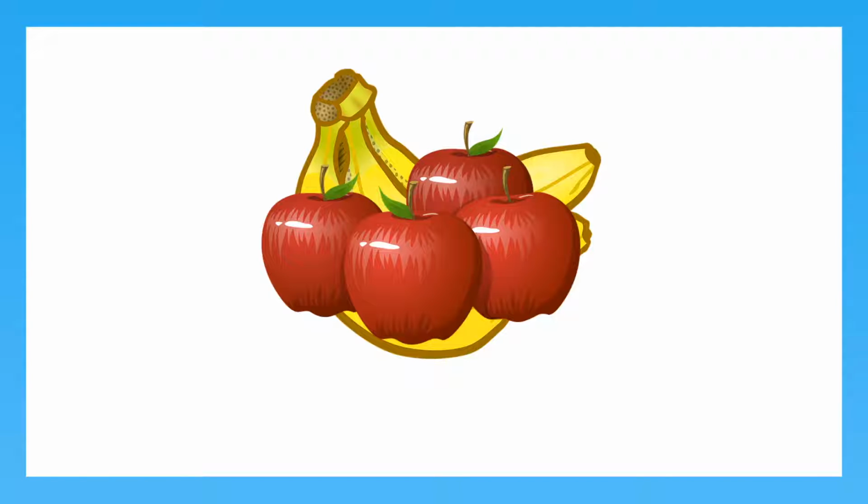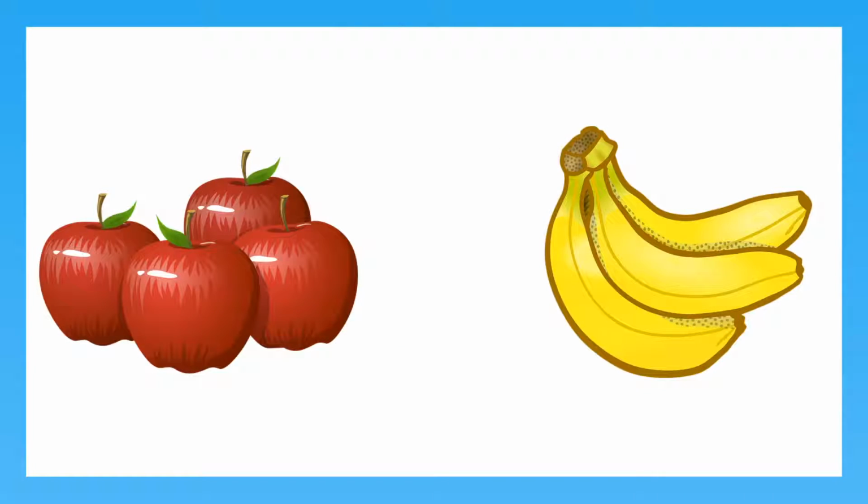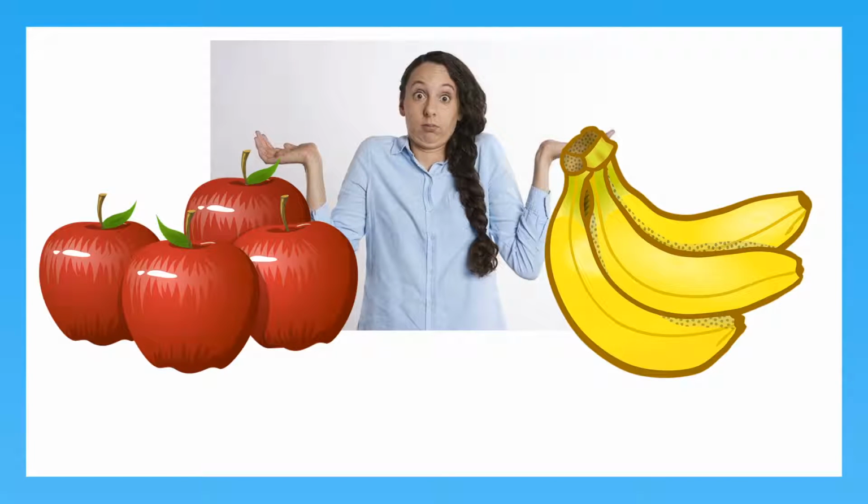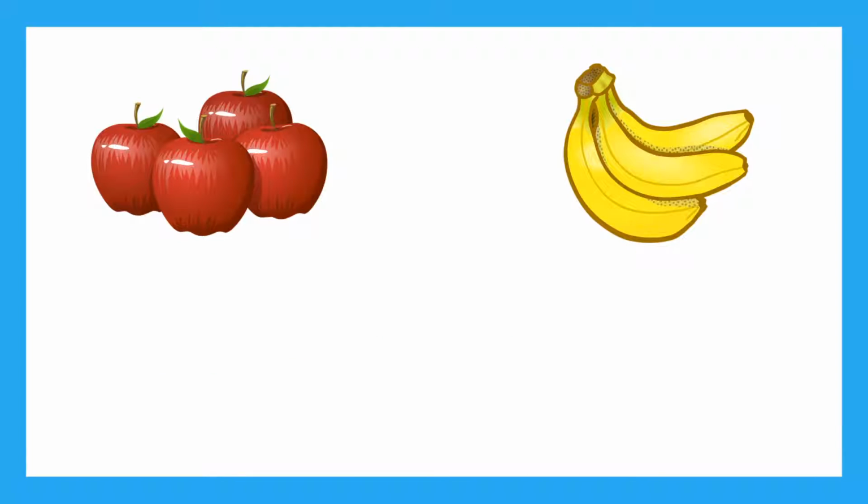Here's a pile of fruit. Let's sort it. And now we have a pile of 4 apples and a pile of 3 bananas. Our customers expect these piles to stay separate. We can't combine them and market them as either apples or bananas because we don't want a customer reaching in for one and getting the other instead. That's bad business. So we know that we can count the individuals as 4 apples and 3 bananas.